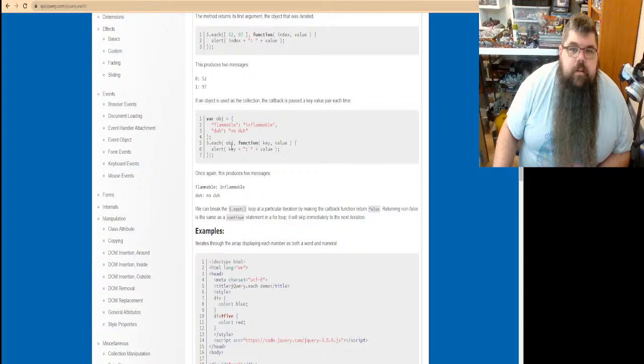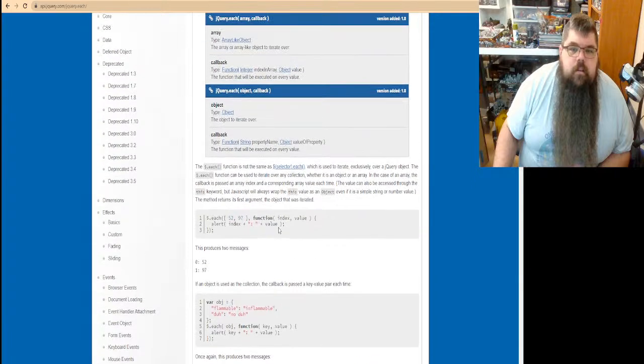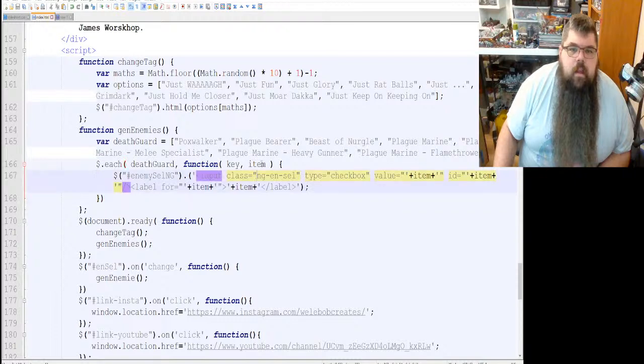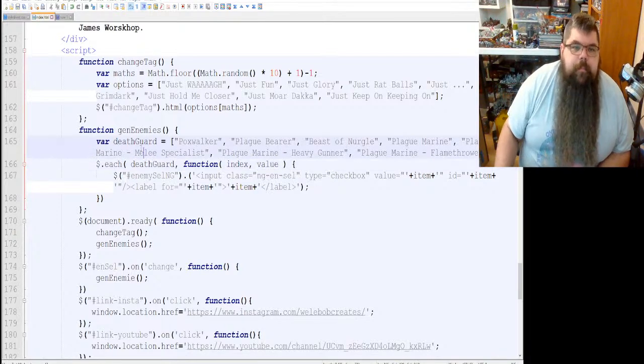Each function index value. Yay, troubleshooting. All right, this should be right. What is wrong with this? Variable Death Guard.